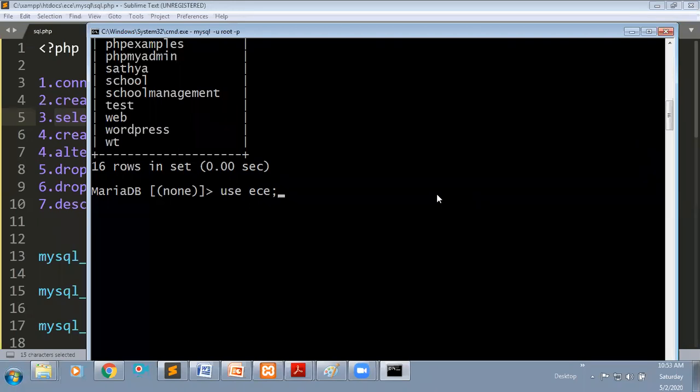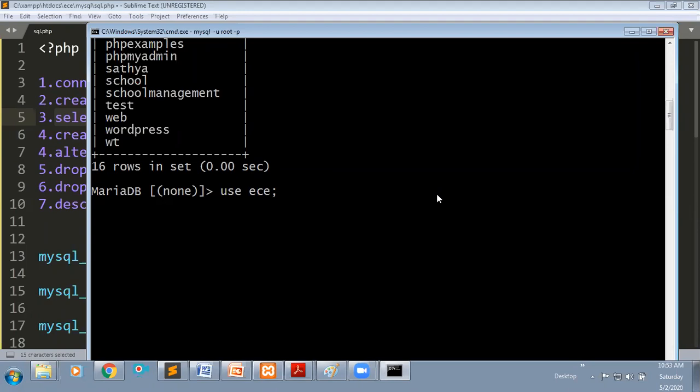See, I'm not doing the operations by using PHP. I'm directly connected to the MySQL server, interacting by using the command prompt. After doing all these processes, we will connect using PHP, and then we will process the same things. I will do that later. But as of now, just remember how I am going to interact with my databases, the MySQL server.